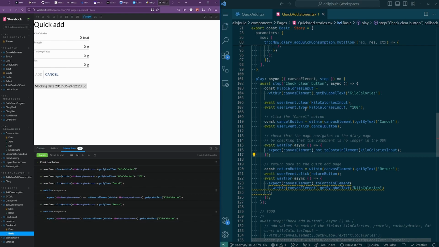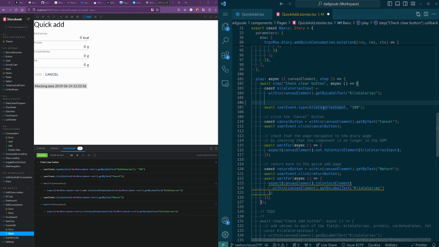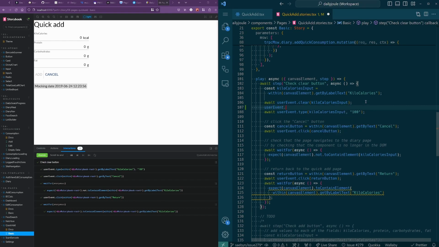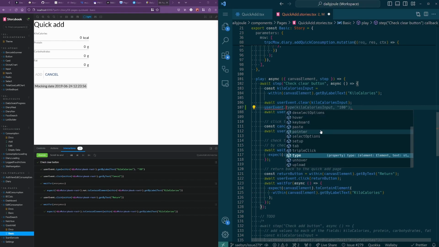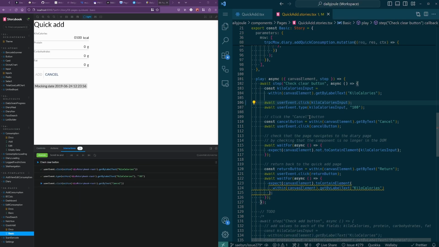Let's see. So what are we doing here? Oh yeah, so we clear. What we want to do is change this interaction test to not clear. In fact, we can, let's see, user event dot click. That's what we're doing, right? IRL, we're clicking the field, and then